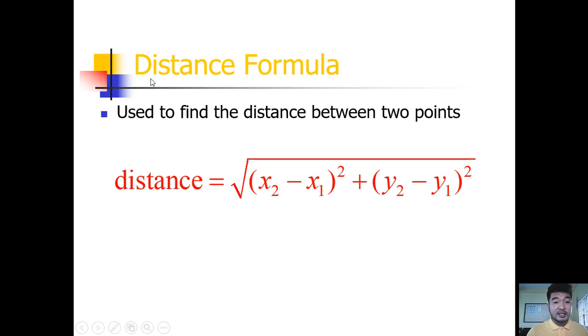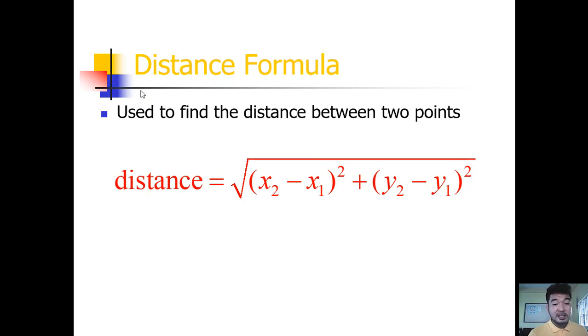Let's start with the distance formula. The distance formula, pag sinabi natin distance formula, ginagamit natin ito sa pagkuha ng distansya, pagkuha ng kung gaano kalayo ang dalawang points sa isa't isa. Okay, so the distance formula is used to find the distance between 2 points, and it is being defined as